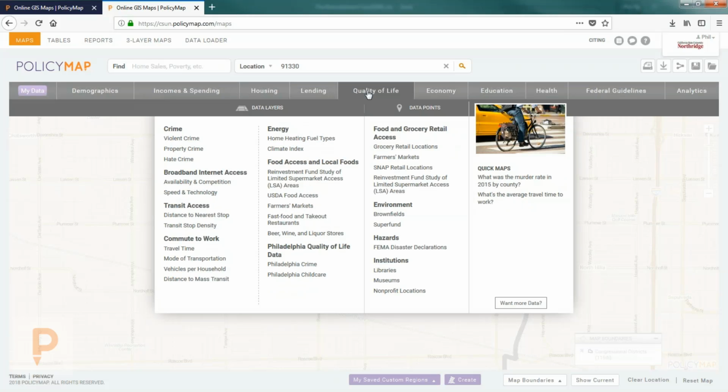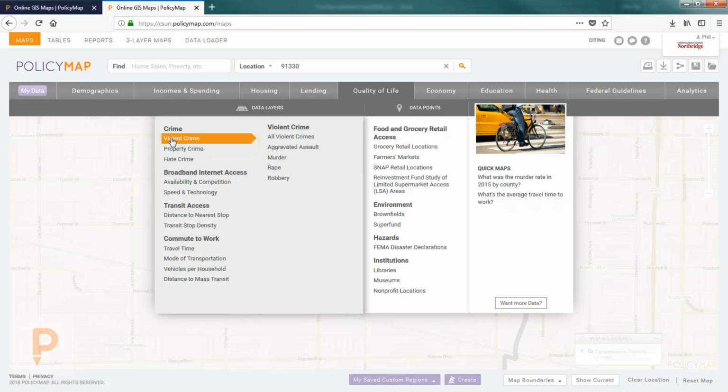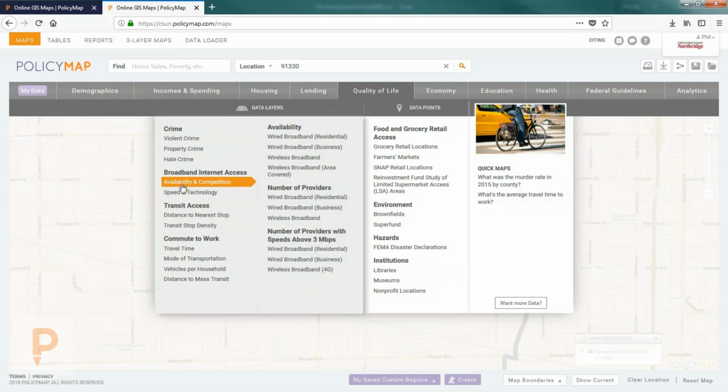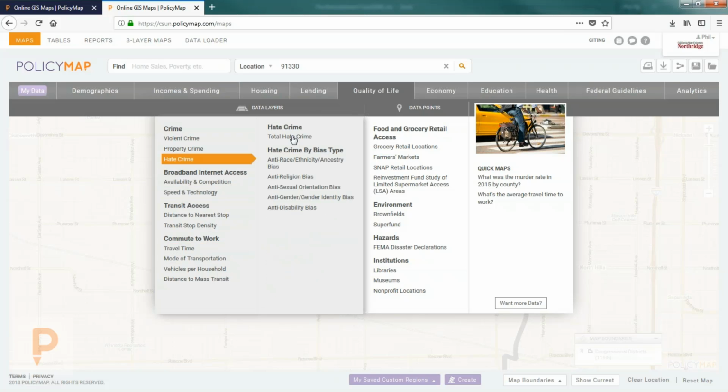If we jump to quality of life, just to give you a general sense of a bit of a hodgepodge category of data, this has some crime data from the FBI crime report. Just be aware that this is not granular data, unfortunately. This is county and city. It's mainly because the way the FBI reports it or gets it reported upon, they don't have the ability to disseminate the data down further. Other general data sets related to quality of life, including broadband internet access, which is really cool, and how people get to work,